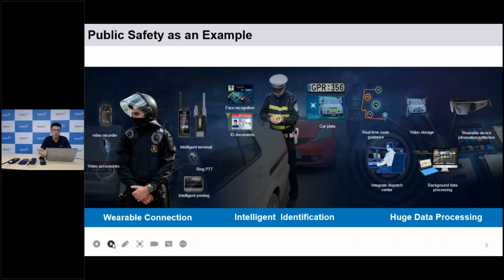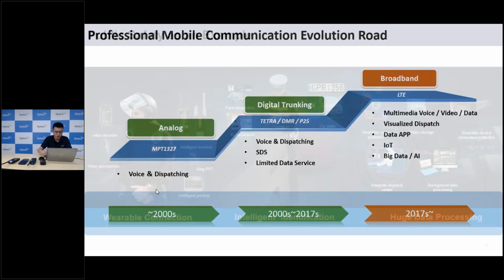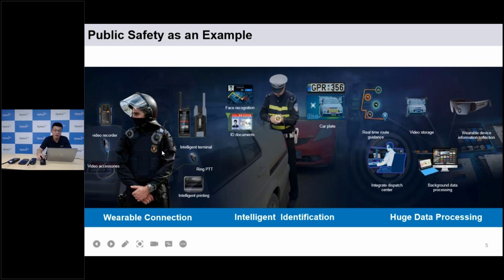Since we've already mentioned the requirement of the huge data service, still let's take public safety in this industry as a simple example. Right here, I'm going to use this marker. Follow this marker. Sorry. Right here we have a traffic police officer. He is equipped with the video recorder, and any other smart or intelligent terminals. This time he could use the PTT to keep in touch with his teammates inside of the traffic police squad. And by using all these smart and intelligent accessories, the police officer would record the vehicle number plate, would